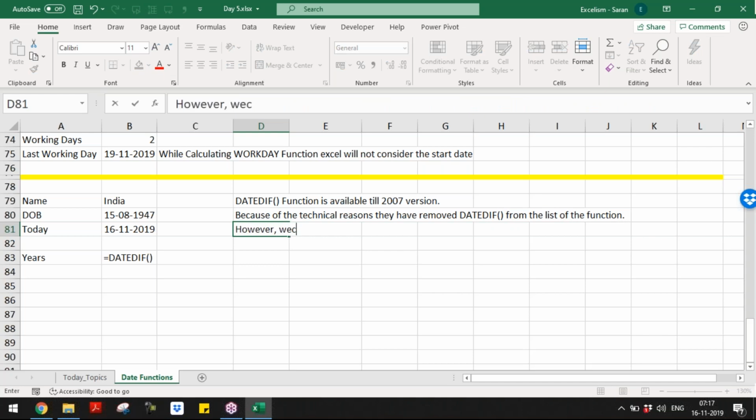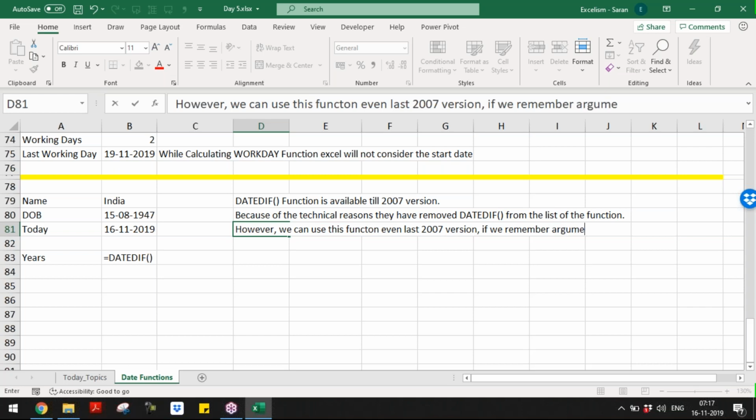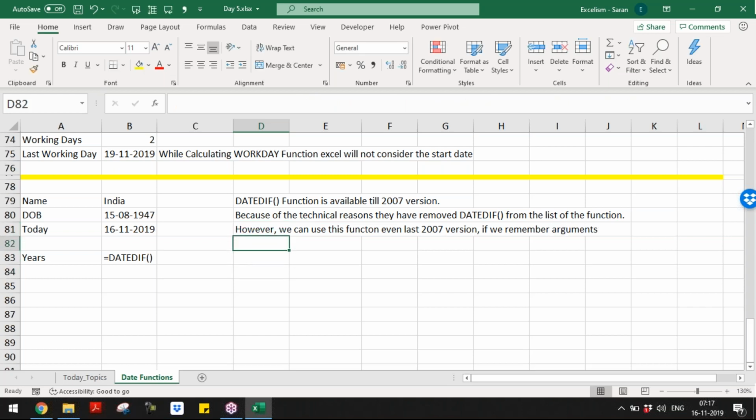However, we can use this function even in later versions than 2007 if we remember the arguments. Okay, I know the arguments. Since arguments are not coming in the syntax, let me explain to you.